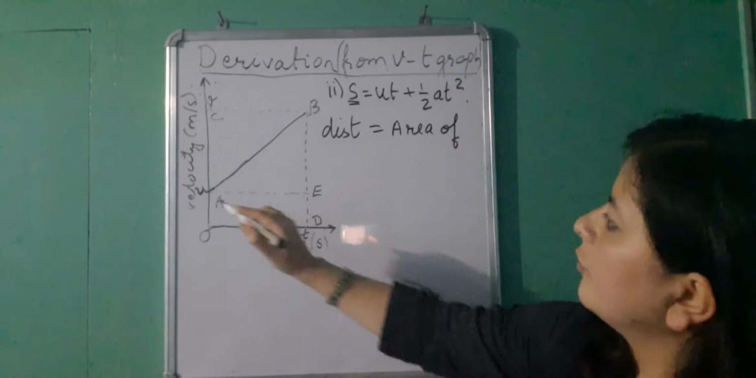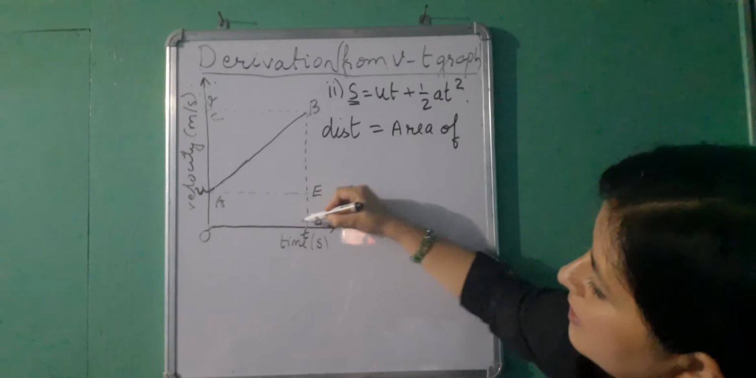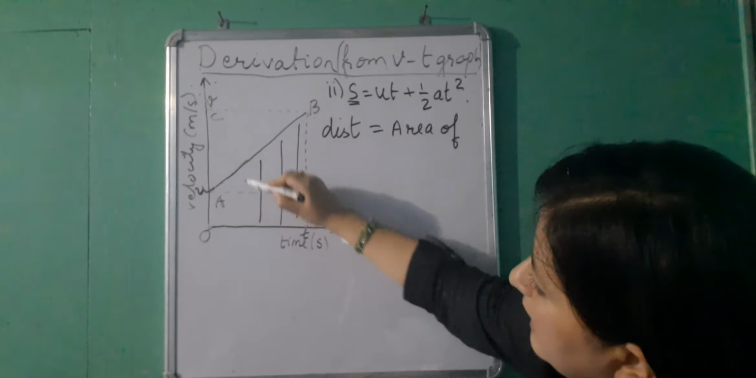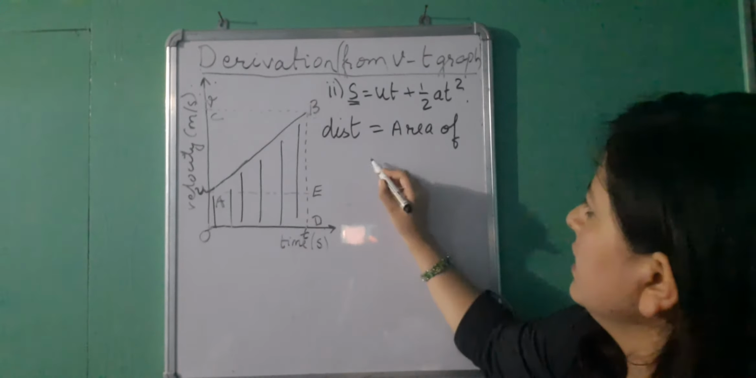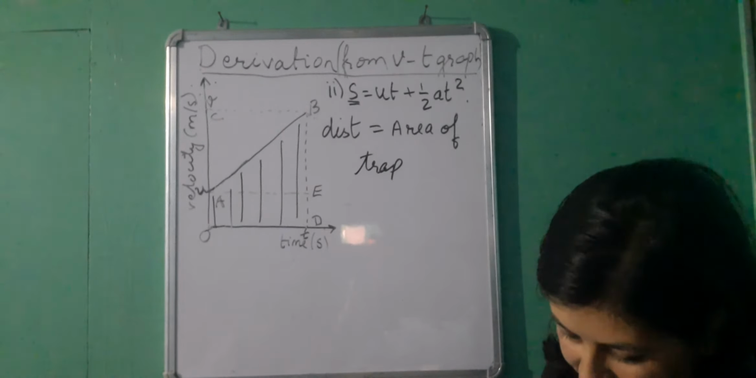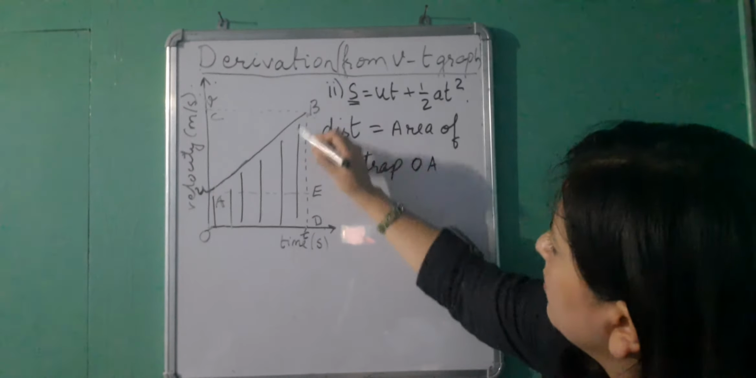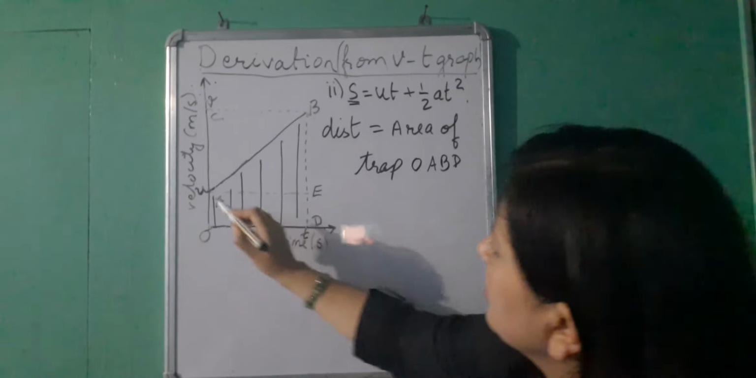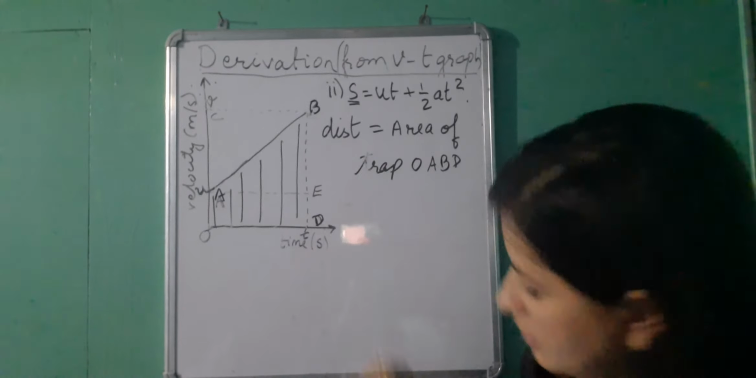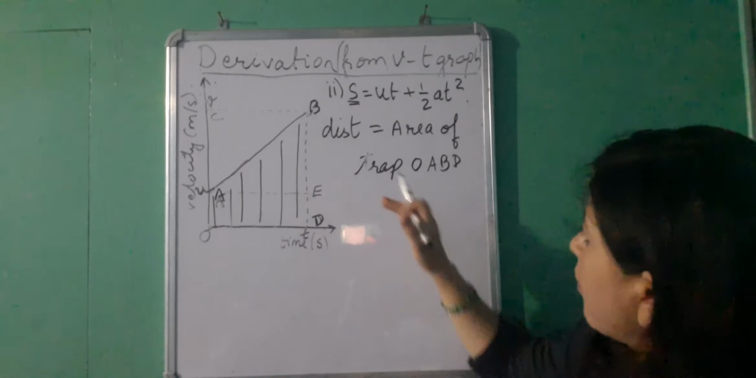of... Now, which figure do we see here under the graph? If we just shade it underneath the graph, we find a trapezium. This structure is called a trapezium. So we need to find the area of this entire portion. The area of trapezium, the name of our trapezium is OABD. OABD. Now, area of trapezium OABD,